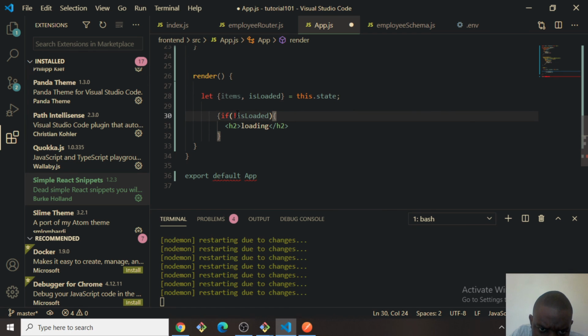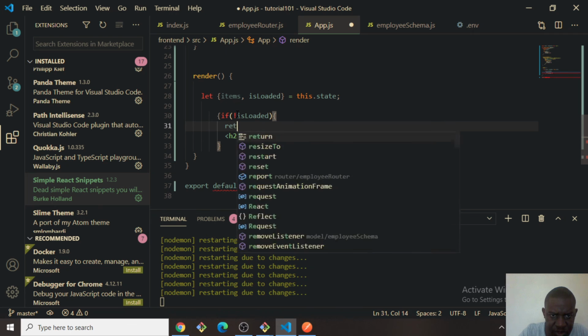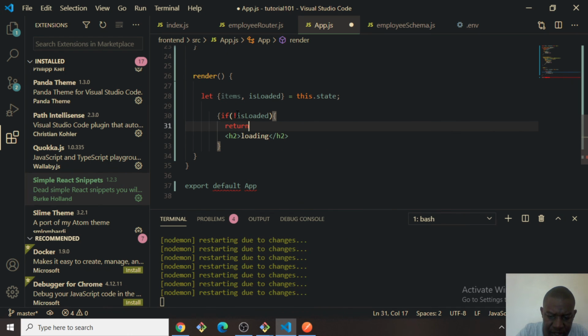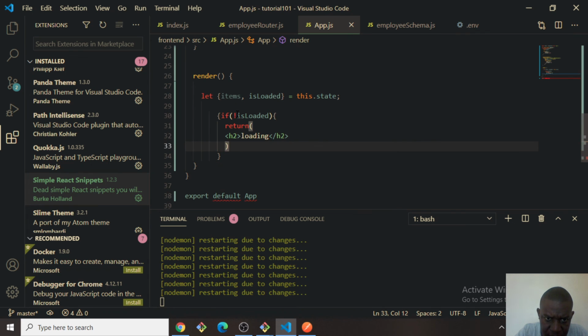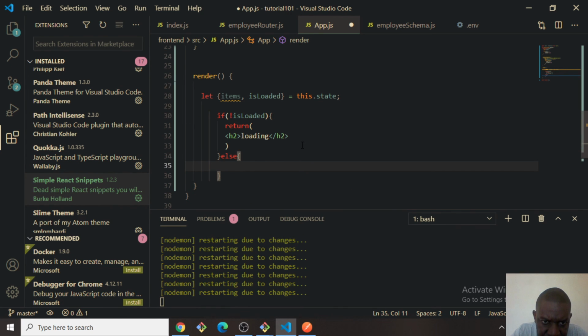So if isLoaded is false, we would like it to return this. Yes. Else, we don't need that. And then else, we want to return an ordered list,